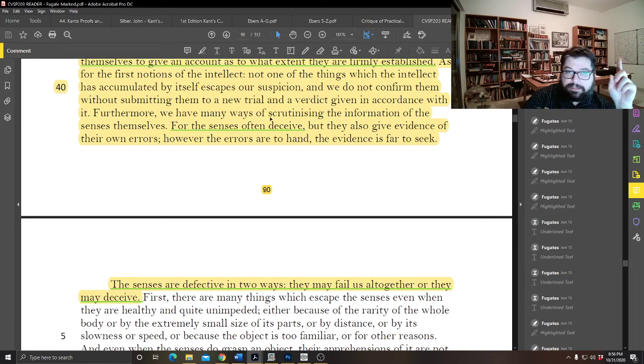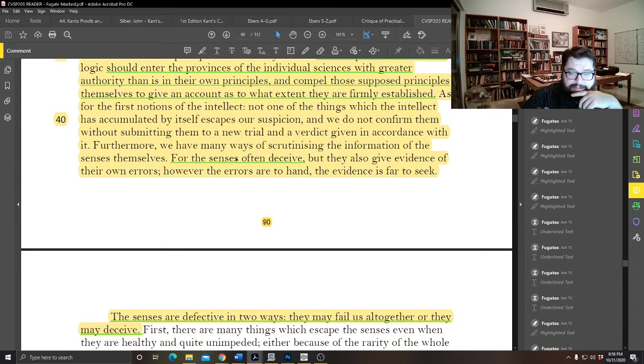He himself, and you'd say this is in line with his suspicion before, says the senses often deceive us. They are not the key. The key is not simply do lots of experiments and perceive lots of things and don't let your mind generalize too quickly. The senses themselves also are terribly deceptive. In fact, he says somewhere here that the senses are even more deceptive than the mind. So why follow the senses? Well, Descartes will argue that the senses are the source of deception and error as well. But he thinks the mind corrects the senses, and it's the inner scrutiny of the mind itself that is the